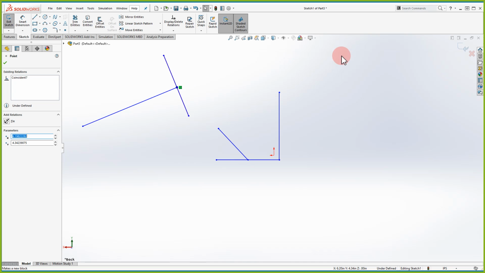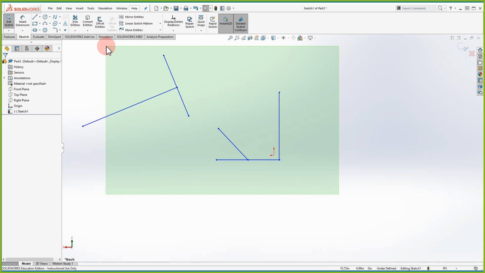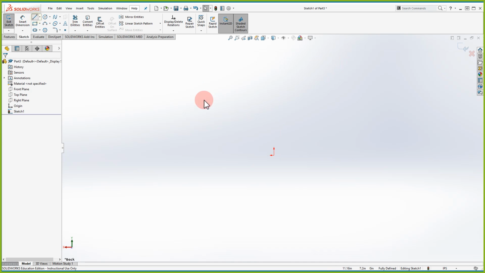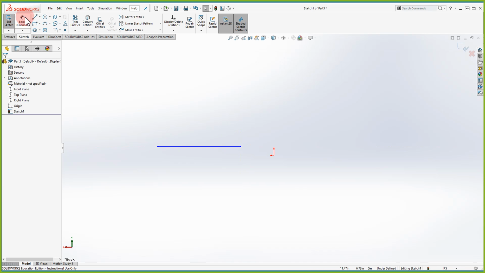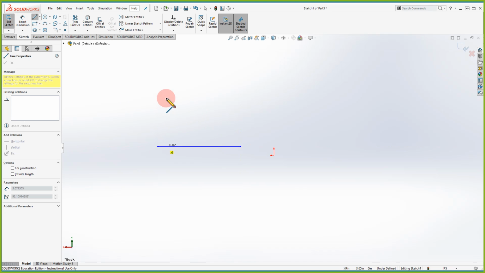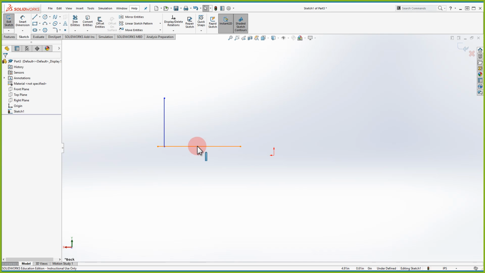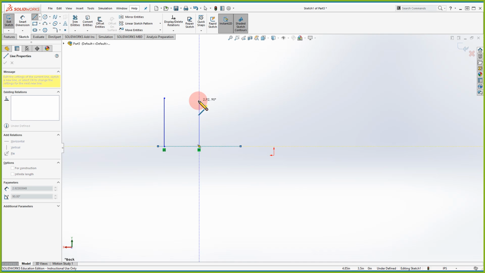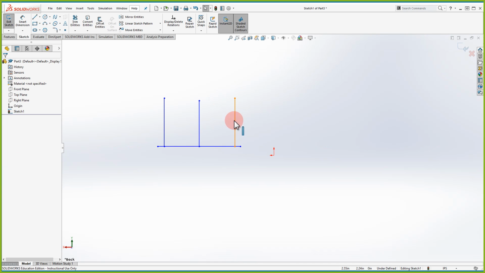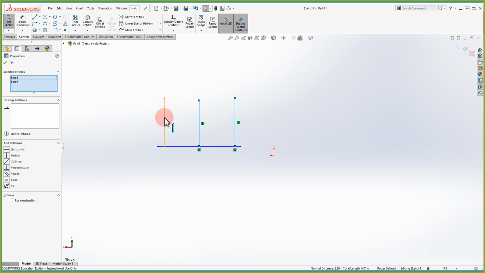Then you also have the option for the equal relation. Let me just get rid of this. Draw a line like so, and draw 3 extra lines here, one here, one here, one here. And I want to make them equal. I go 1, hold control, 2, 3, and now I have the equal button. So now they're all equally spaced. If I go move one object,